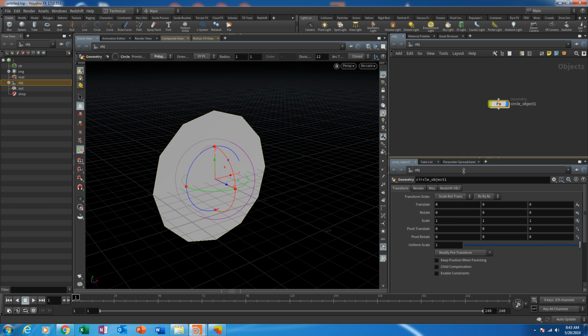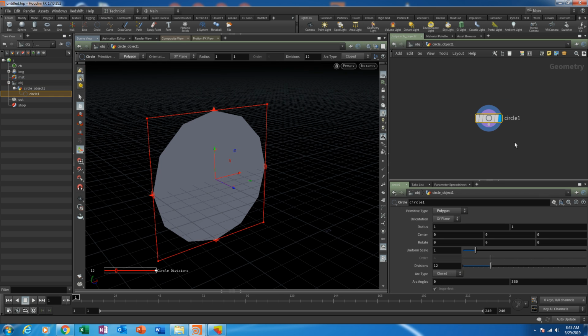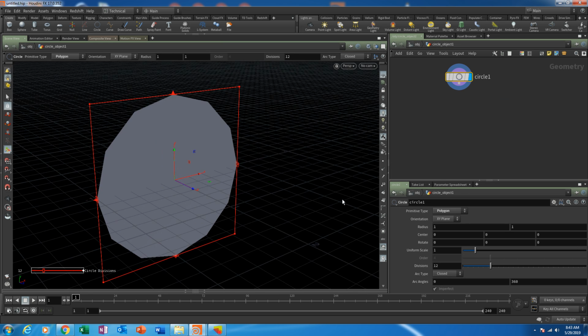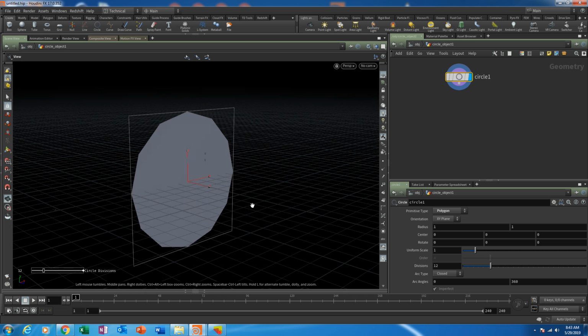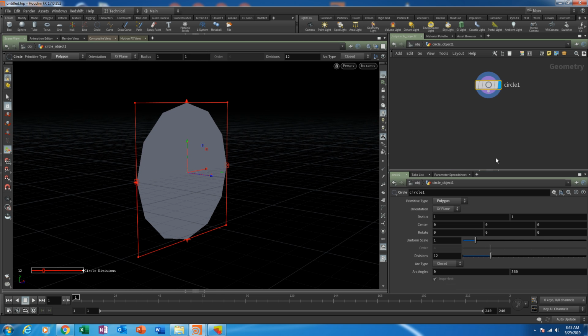And then this is the top level. We always want to work inside, never change any transformations in here, so I'm just going to double click and go in. And this is my circle object. I'm just going to maximize the viewport. And the first thing I'm going to do, since this is going to be our particles emitter, I'm going to increase the amount of divisions so we get rid of this polygonal shape. So I'm going to put something like 32,